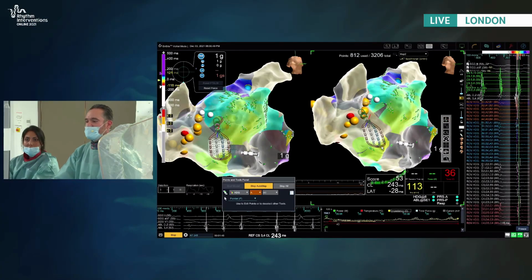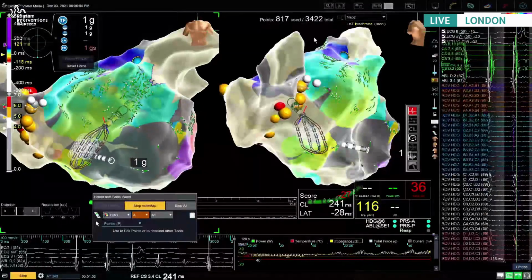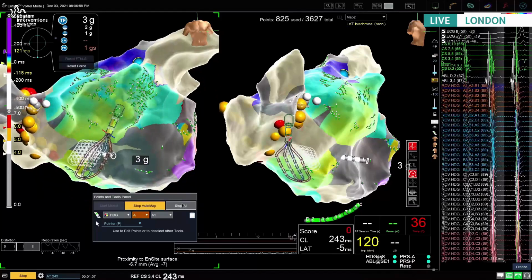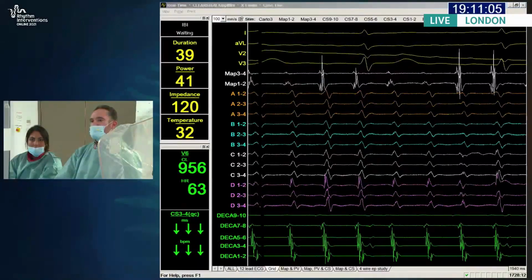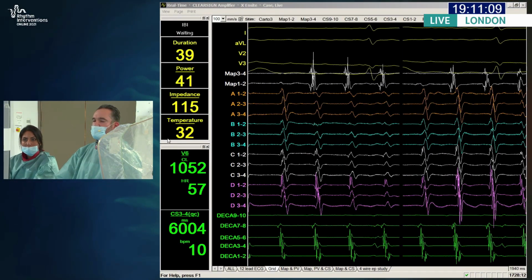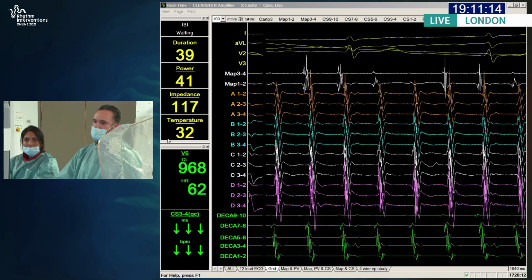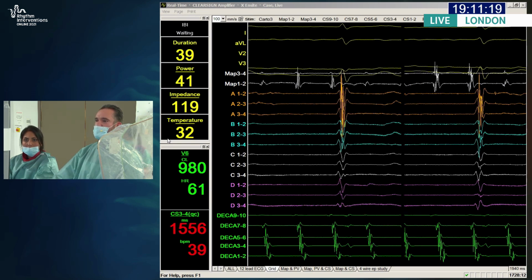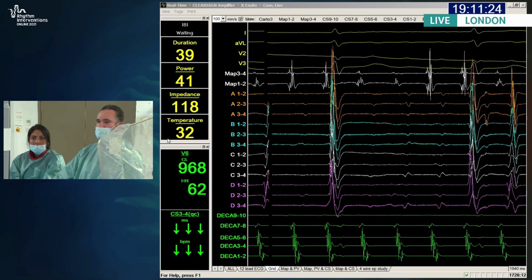Yeah, so if you're looking at the decapolar catheter, the green one at the bottom of the live electrogram screen, you see the CS going proximal to distal. The CS has been fighting a little bit, so I think it's hanging out a little bit, but it's essentially in the CS, or at least the distal two thirds. So I've been doing a map sort of all over the left atrium, but I suppose the quick and cheating version is to have a quick look and see what the anterior wall is doing, because if both the anterior wall and the posterior wall are both going septum to lateral, then really that suggests it's coming either from the septum